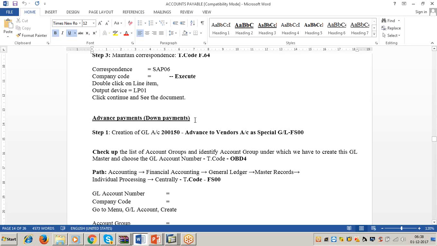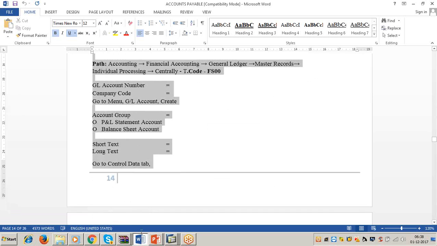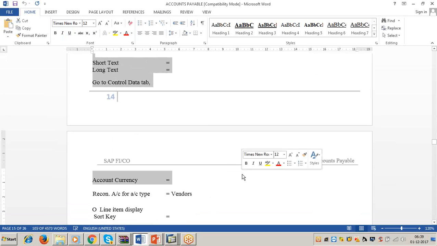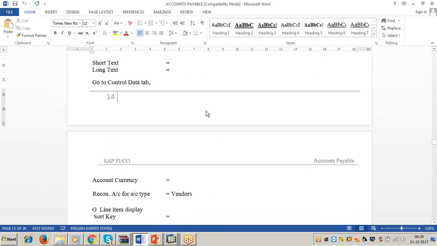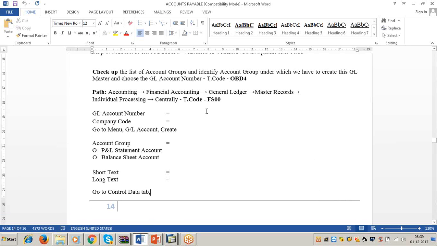So the next topic is advance payments. This we will see tomorrow. In accounts payable, advance payments is a very tricky topic, right? I have to explain it to you at a stretch. So we will start this in tomorrow's class afresh. And tomorrow, if possible, I will take a 2 hour class. Okay, please be prepared for that. 1 hour is compulsory, but I will try to take 1 more hour tomorrow and the day after tomorrow also.